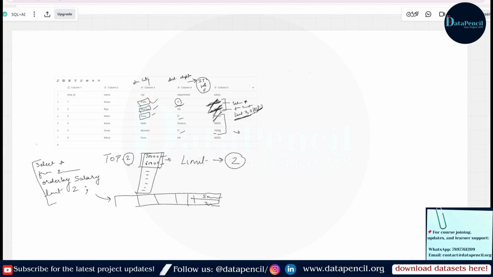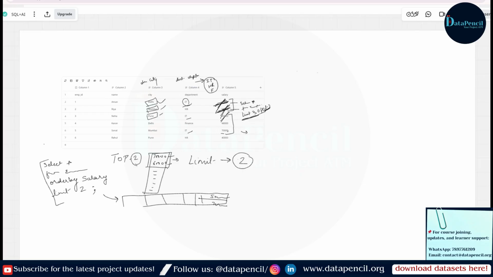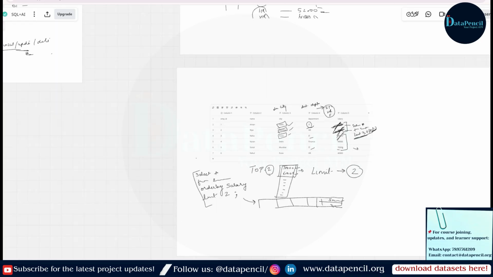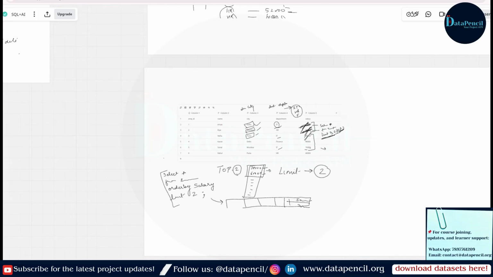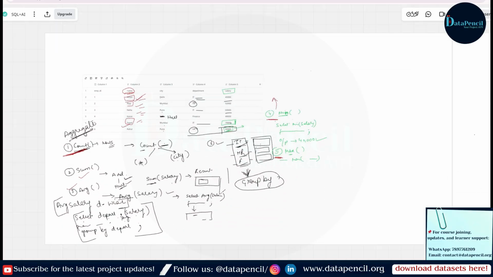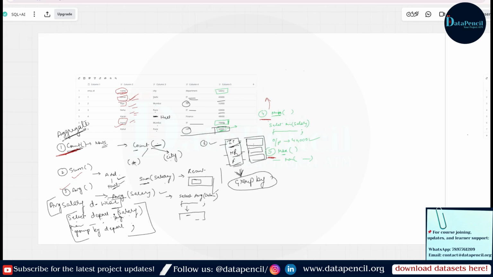If we want the top 2 or bottom 2 rows, the highest 2 or lowest 2, we use order by along with limit. First we arrange it in ascending or descending order as required, then we apply limit. After that, we have seen 5 aggregate functions: count, sum, average, minimum and maximum.